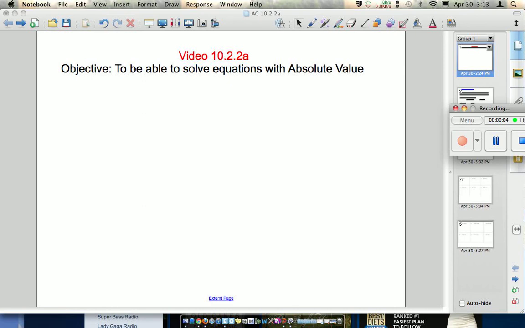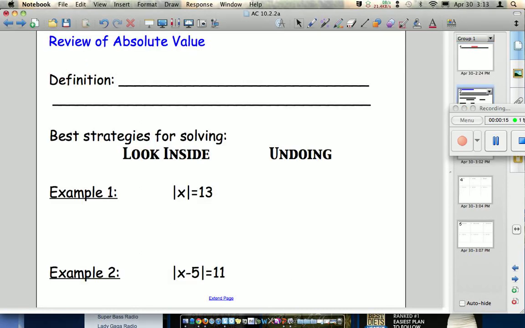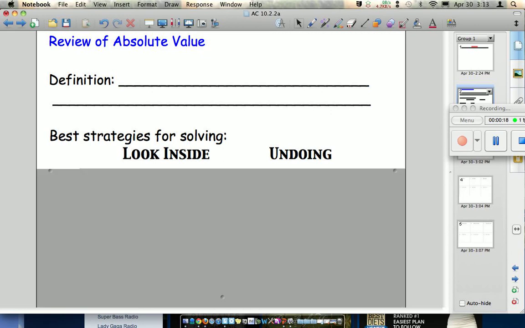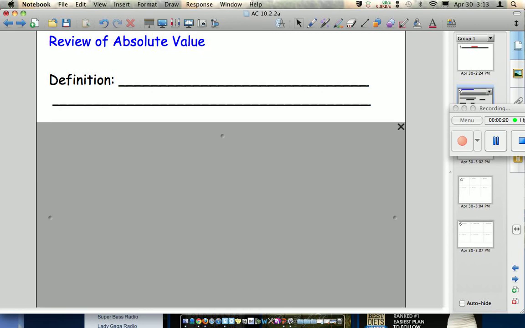10.2.2a, and the goal in this video is to understand how to solve equations with absolute value. So the first thing that we need to understand is, remember, what is absolute value. That's the first thing that we're going to review here: the definition of absolute value. Absolute value asks the question